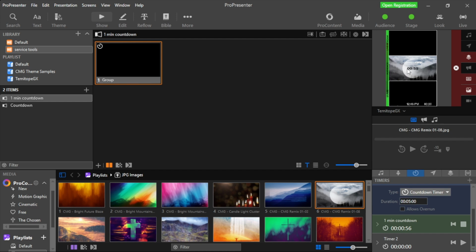So let's say we have a countdown right now, and after the countdown I want it to display the image, so I can just get the image ready, or I can put the